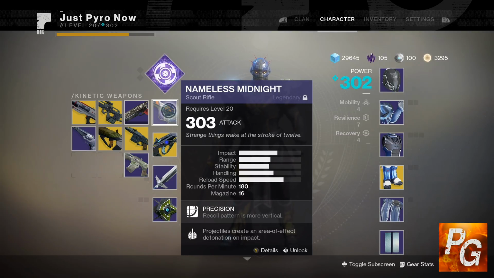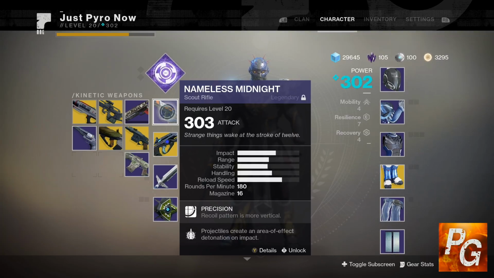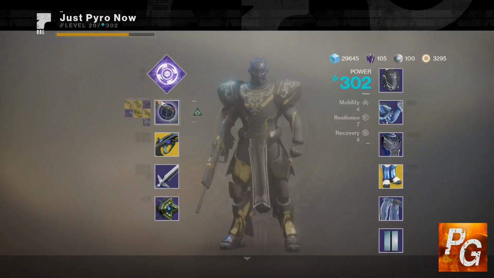I keep saying primaries, it's kinetic now. But like I said, Nameless Midnight, very, very good. It's honestly probably one of the best scout rifles in the entire game. Very well rounded. It has